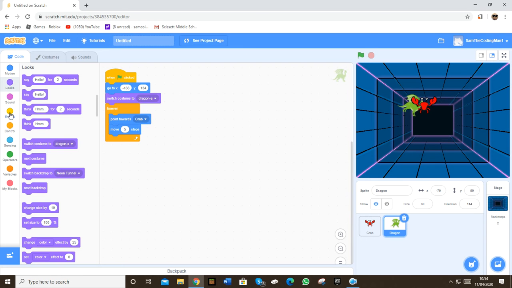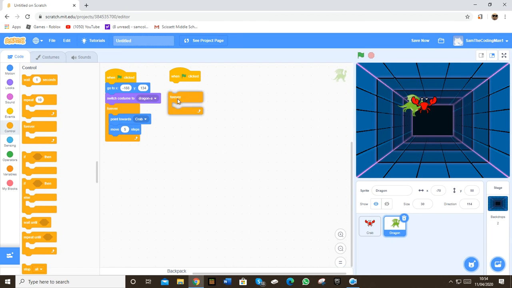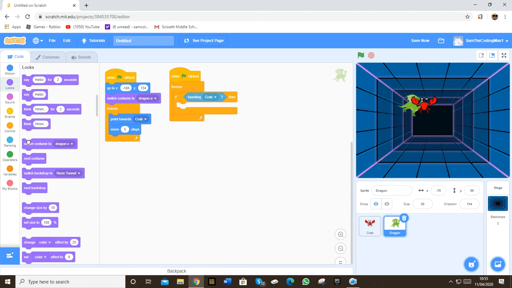So now we build another code in the dragon sprite. We'll do when the green flag is clicked. We'll do a forever loop because we want it to happen forever. And then we'll do an if statement, and then we'll do if touching the crab, then we want to switch the costume to Dragon C,